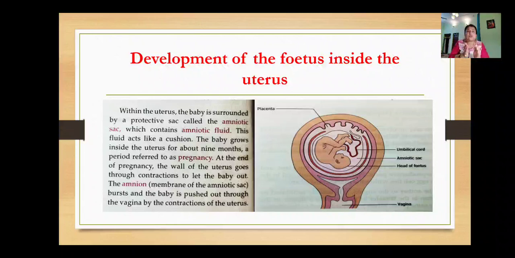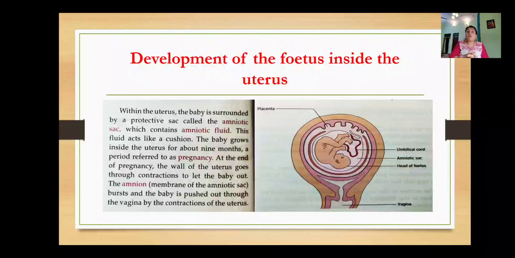So inside the uterus, that fetus is surrounded by a protective sac, which is known as the amniotic sac, and inside this sac the fluid is present, known as amniotic fluid, right? The amniotic sac contains amniotic fluid. Inside that fluid, the fetus is well protected, like a kind of cushion. It gets a smooth and soft effect, cushioning, okay, which protects the baby from all mechanical jerks and other sorts of movements.